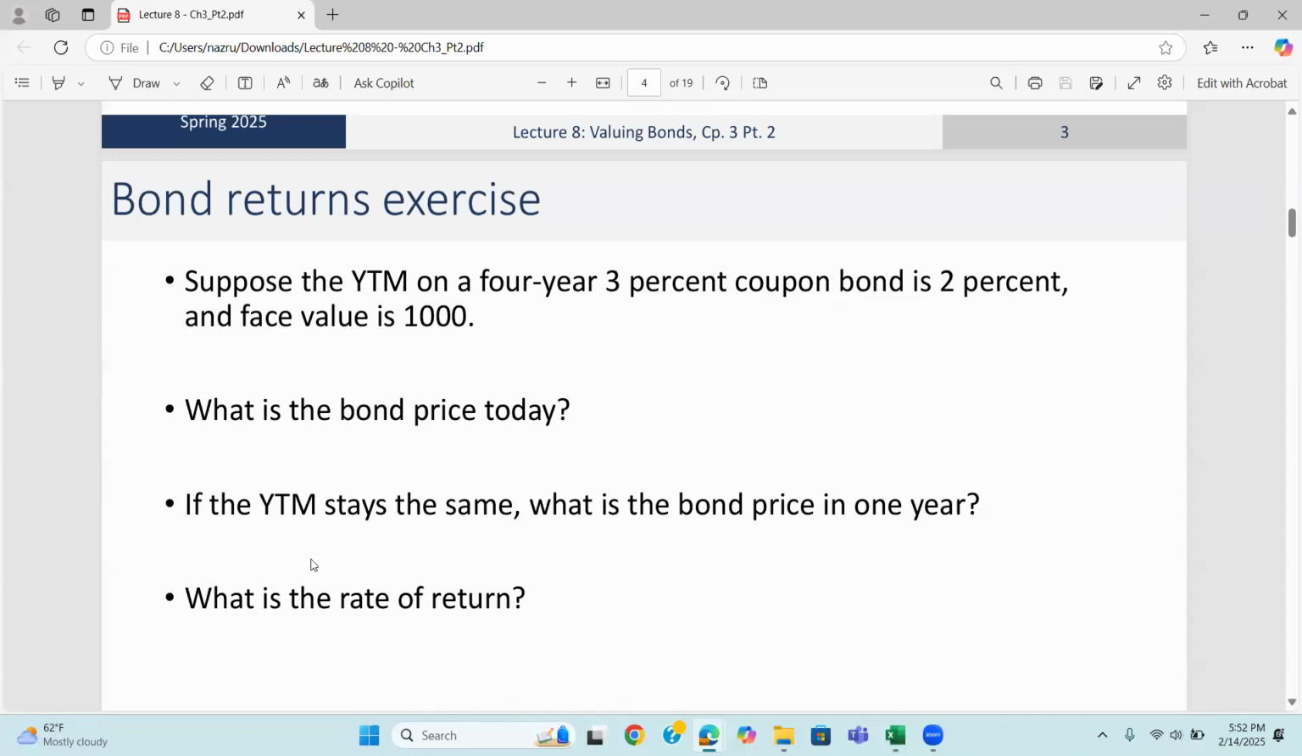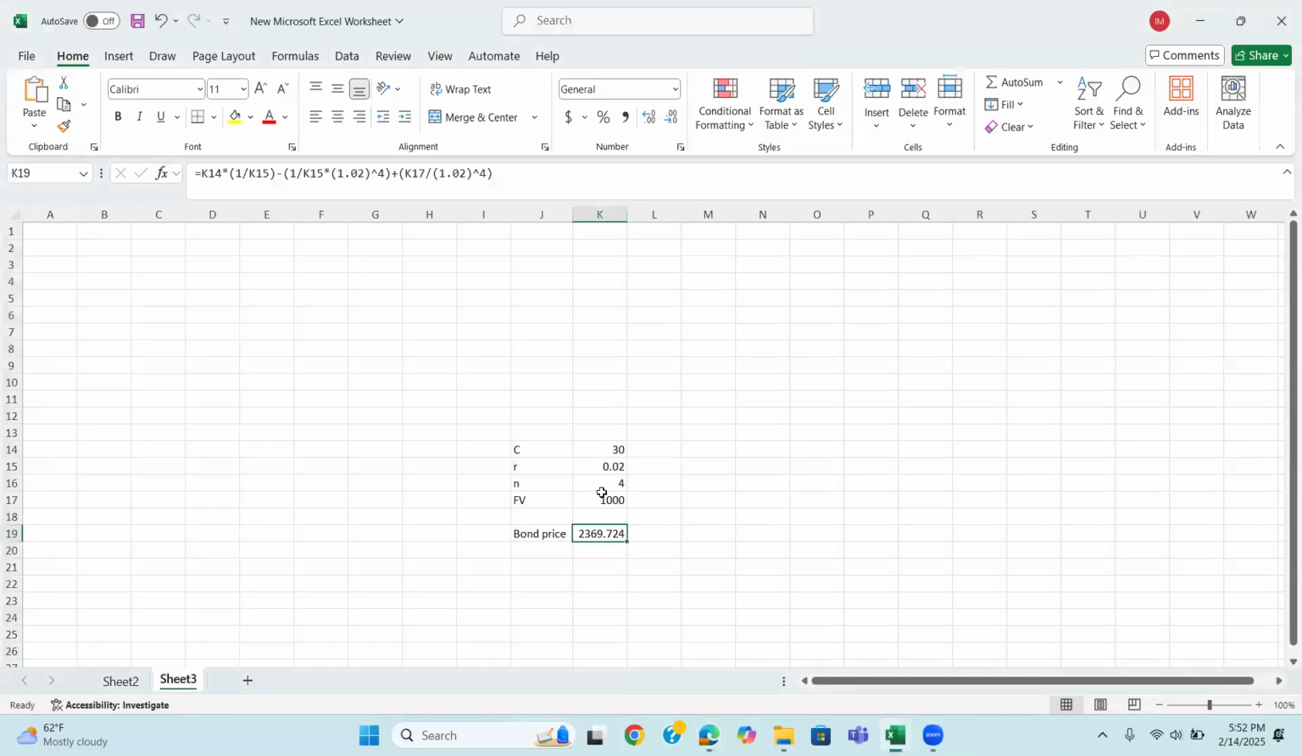Okay. So if the YTM stays the same, what is the bond price in 1 year? Now you have to calculate going after 1 year. So if everything is the same and you have already passed 1 year, the only change is there are no longer 4 years, so you have only 3 years left. So if you just change the number of n years, put 3 instead of 4, then you will get the new value, right? So the new bond price